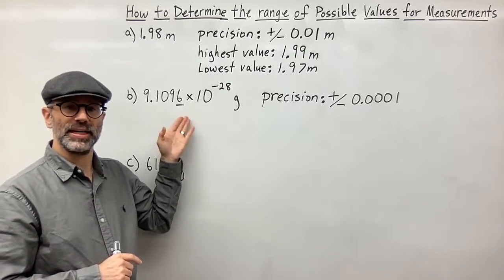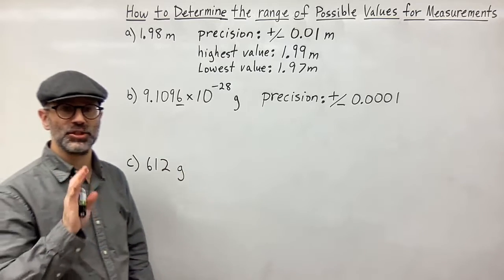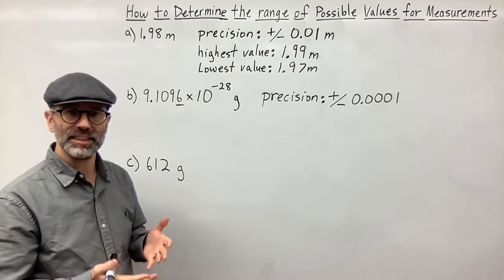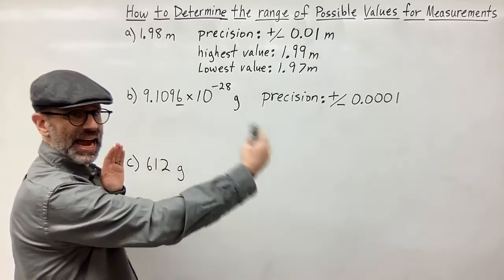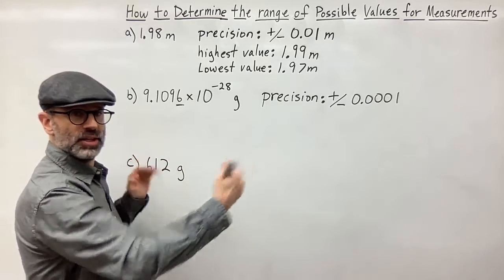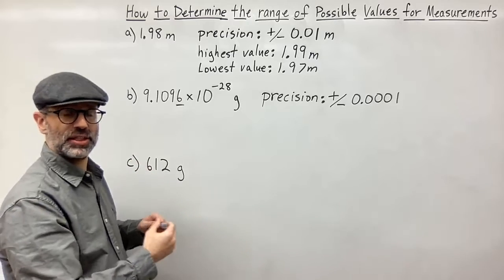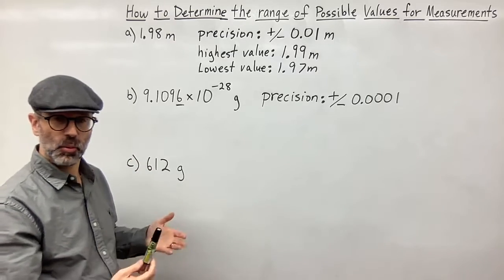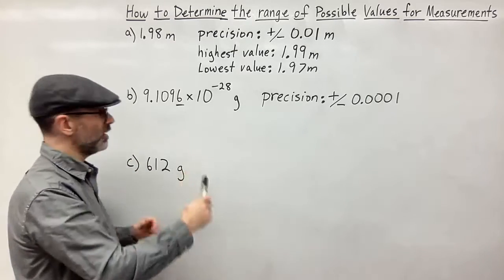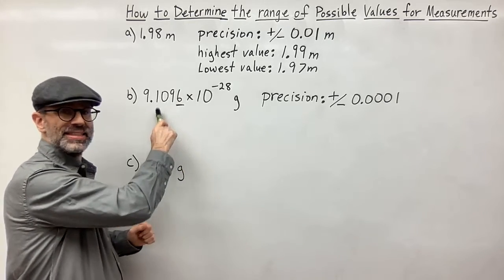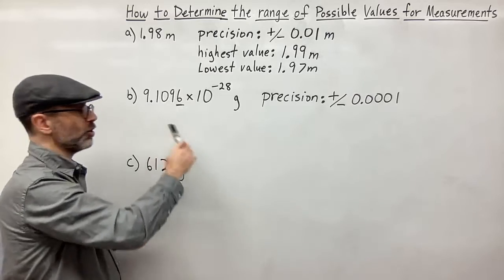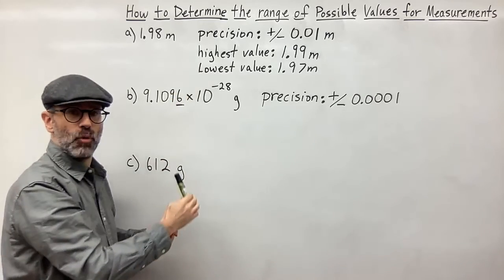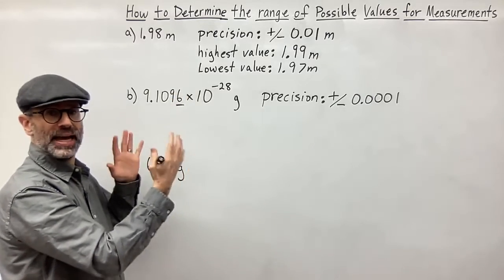When this is written in scientific notation, if you go back to remember how we got scientific notation, we got scientific notation by taking the standard form of the number, the standard notation, and what did we do to the decimal point? We moved the decimal point. So this decimal point is not in its proper place. We moved it over in order to write this in a more succinct form,